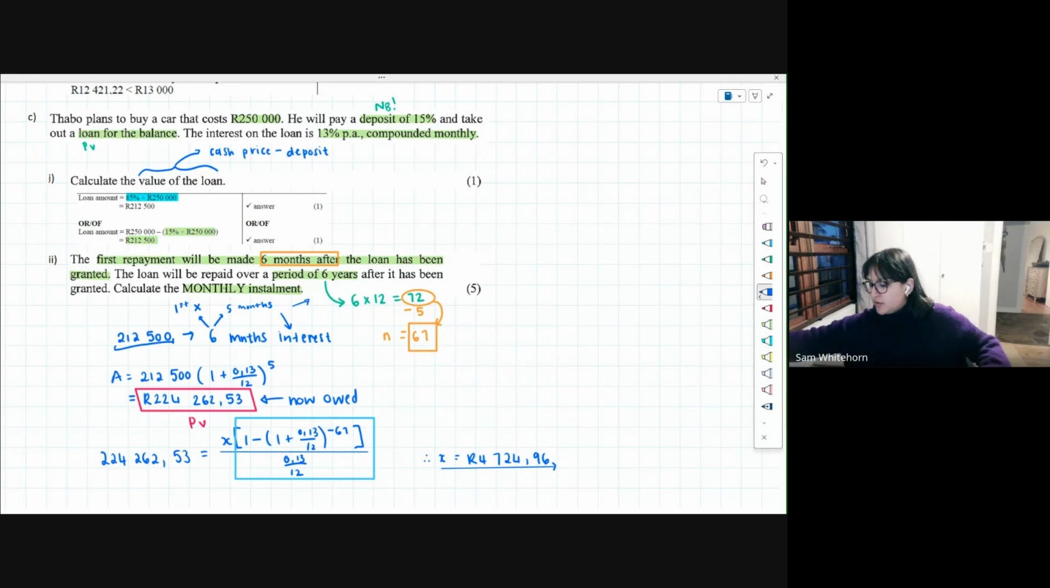Now, just for your interest's sake, this is not obviously something that you need to work out. If, let's say, for example, the repayments hadn't been delayed, so we weren't decreasing the amount of time, we weren't increasing the amount of interest, we just took out our loan for the 212,500. Those monthly repayments then would have been,